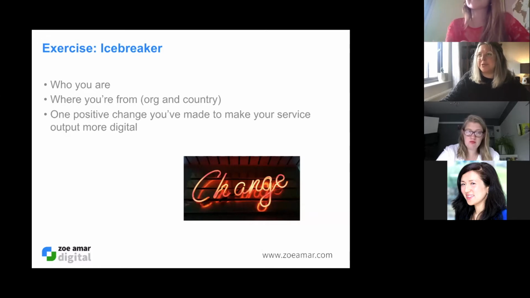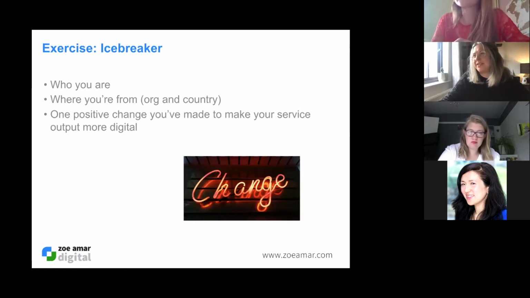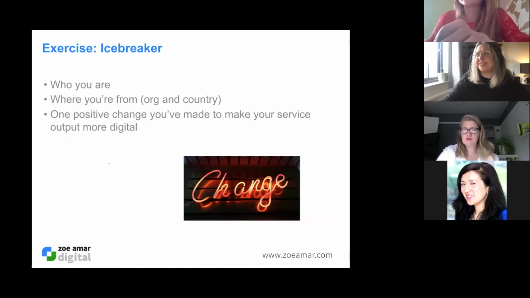WhatsApp support groups, it's interesting. We've got some digital storytelling as well. Right, we've got some funding campaigns being launched. Good to hear, all positive.